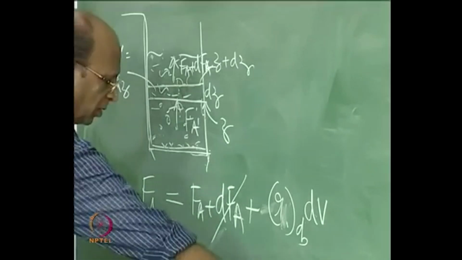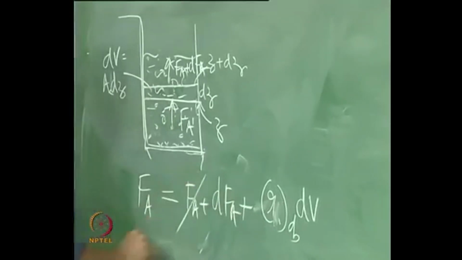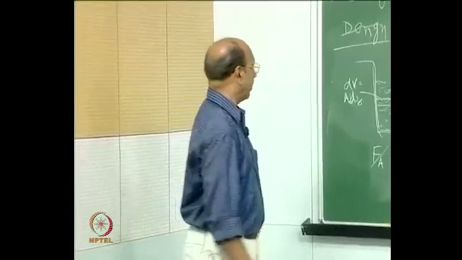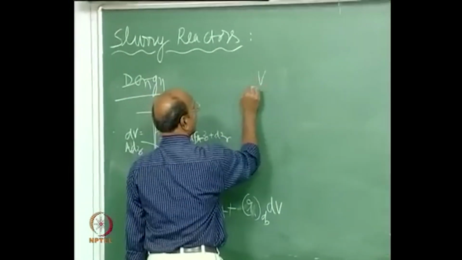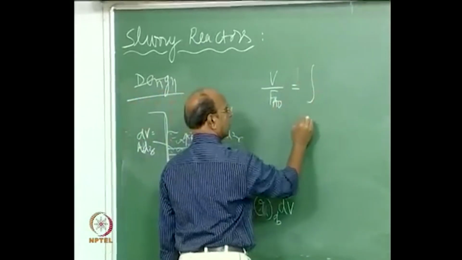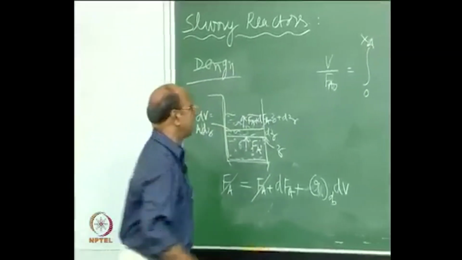So now tell me what is the equation you get here? FA will get cancelled. So, minus FA equal to, can you tell me the integral expression? You can leave it in terms of V, as it is. V by, this will give me V by the integral expression I am asking, dXA by,